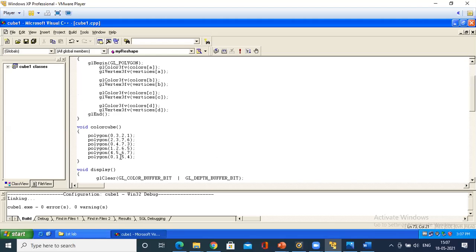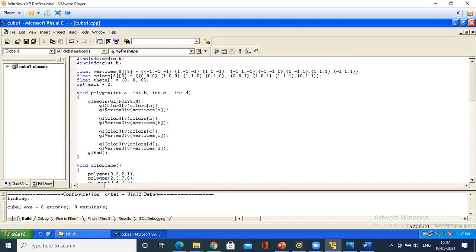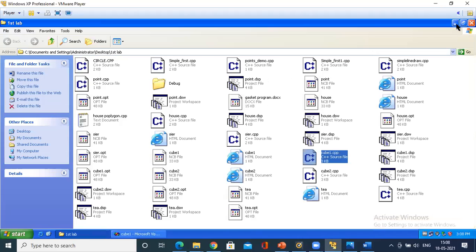Identifying the four faces. What is a polygon? A polygon is nothing but simply glBegin, glEnd. In today's class itself, we have seen GL polygon. It identifies the four vertices, with colors for vertices A, B, C, D with different types of colors. It will set the color for it like this, right? The polygon is called as many times as the number of faces being identified, and with respect to that it is executed. So all of you understood this program?